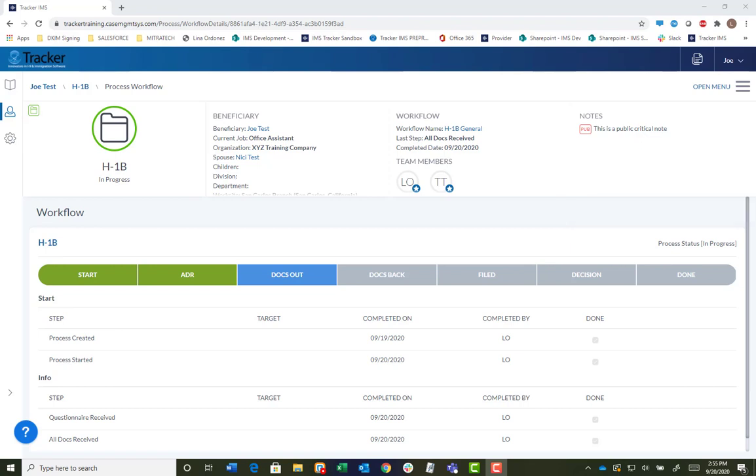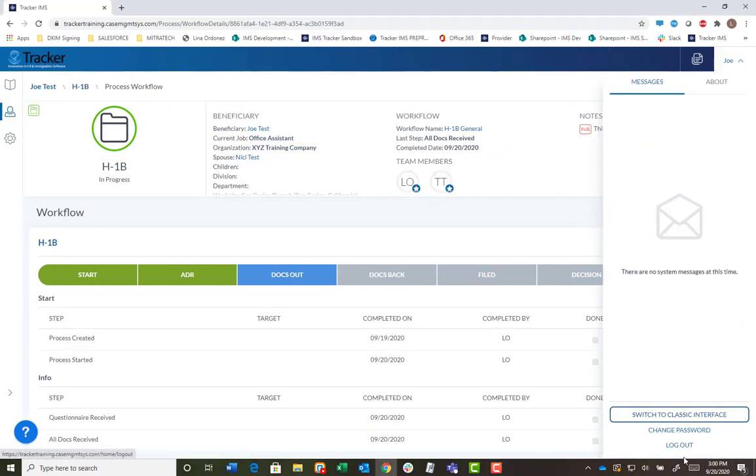Public and private notes work the exact same way when entered in the individual record. The only thing you need to remember is that the notes will be visible in the object that they are entered. If the public and private notes are entered in the individual record, they will not be visible in the process record. Conversely, if the public and private notes are entered in the process record, they will not be visible from the individual record. To show this to you, I'll go ahead and log off,